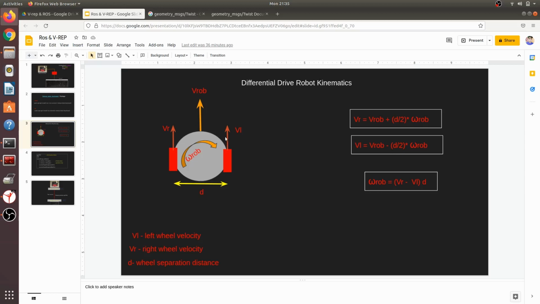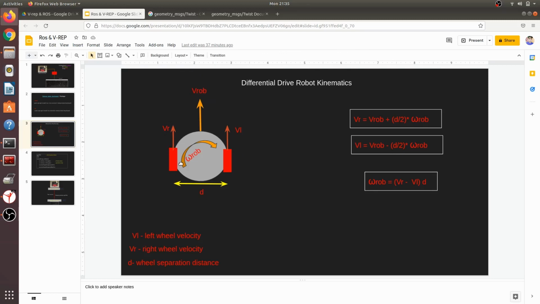So first look over here, this is the right velocity of the robot, this is the left velocity of the robot, and this is the angular velocity of the robot, and this is the total velocity. There is a difference between those velocities.